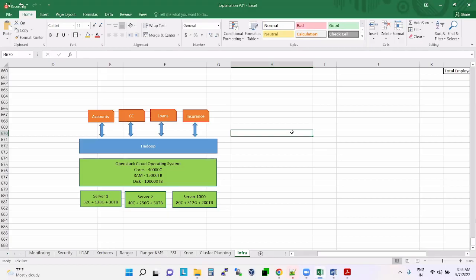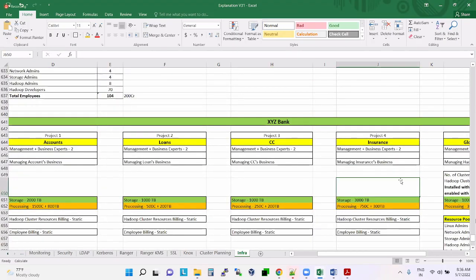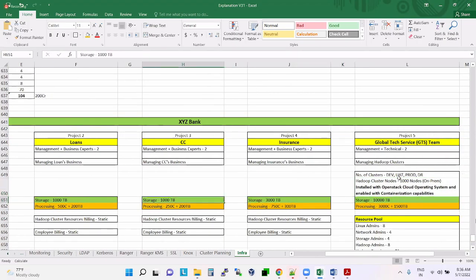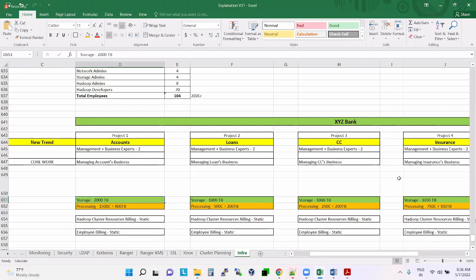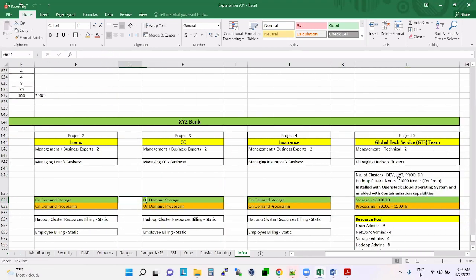Because of this, it has become on-demand resources: on-demand storage, on-demand processing. Understood?